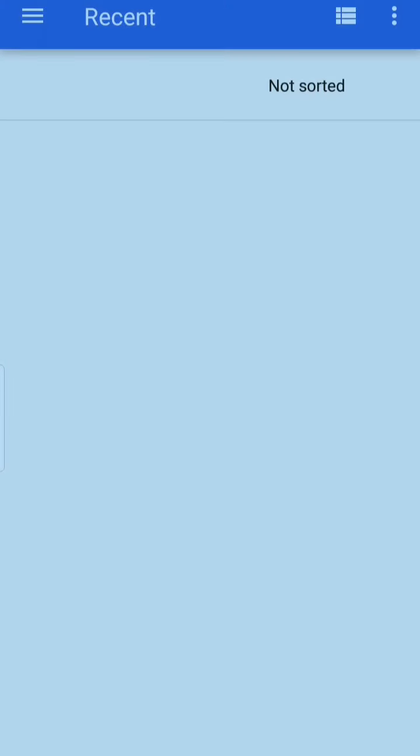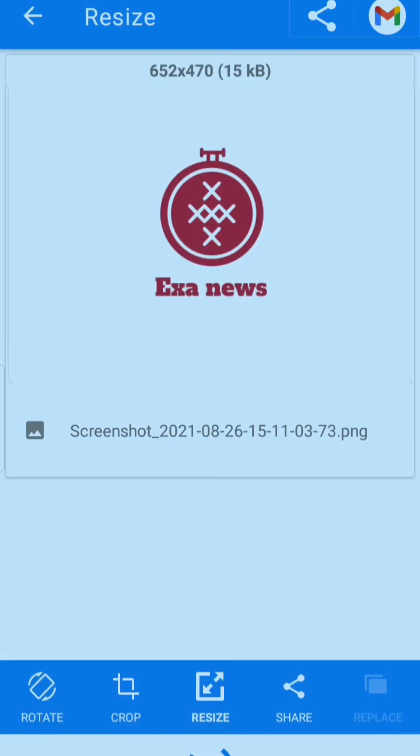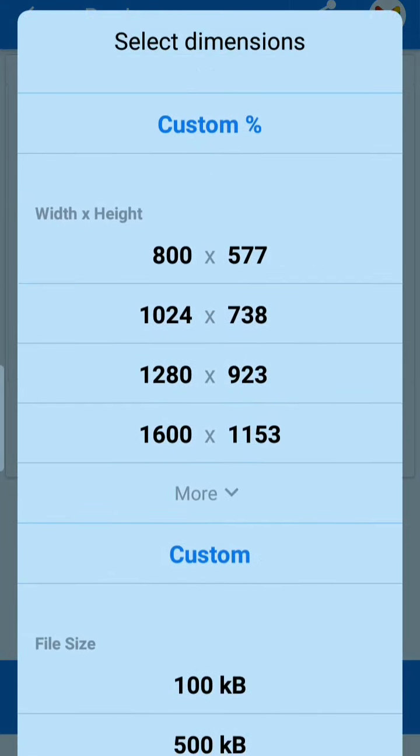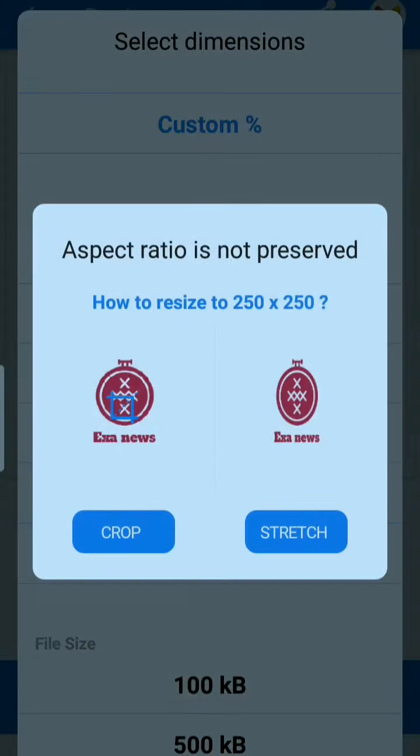You can also install one from Play Store, and select the logo that you took a screenshot of, and I'm going to resize it. Resize with custom height, and because Blogger needs a square, I am going to resize it to 250 by 250.